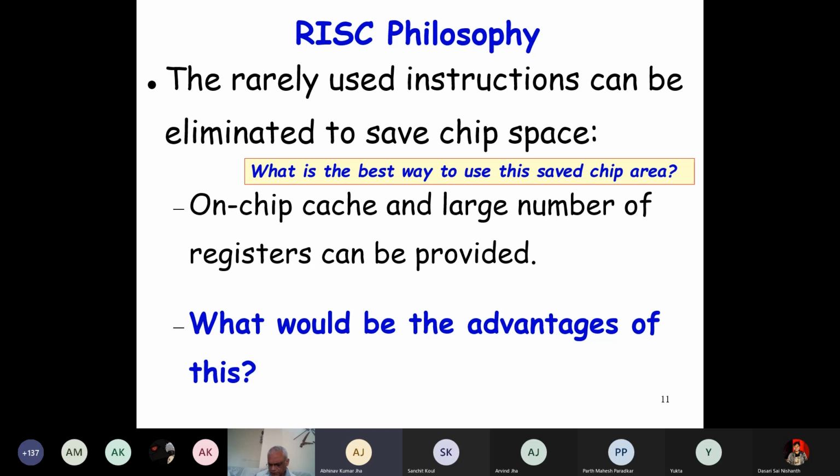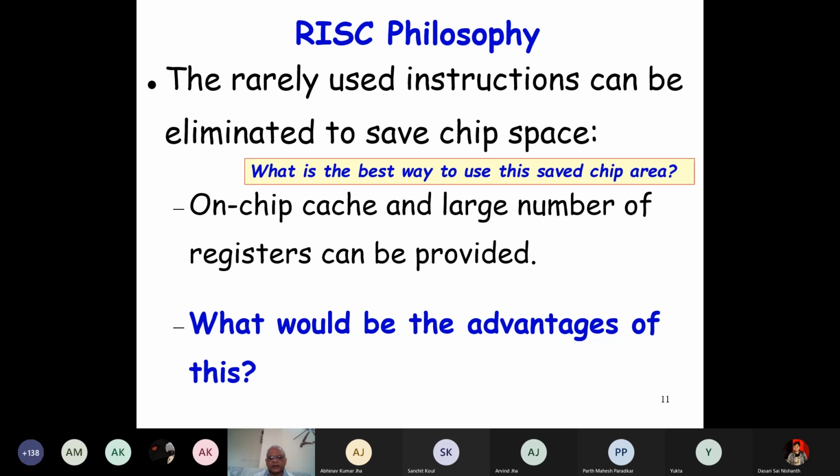Sir, but they could have used registers for storing the values so that the magnetic memory is not used. No, see, we are talking of the instructions, okay? We are saying that a program, if it contains 10,000 instructions, we have to fetch each instruction for execution, okay? So 10,000 instructions have to be fetched.